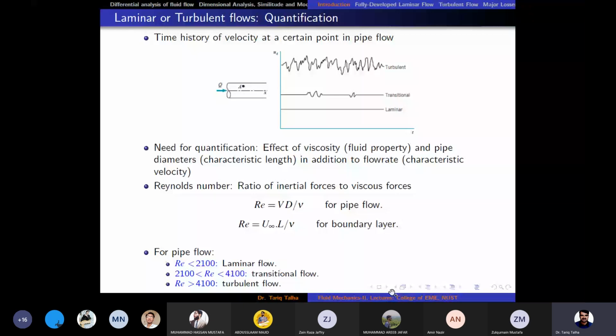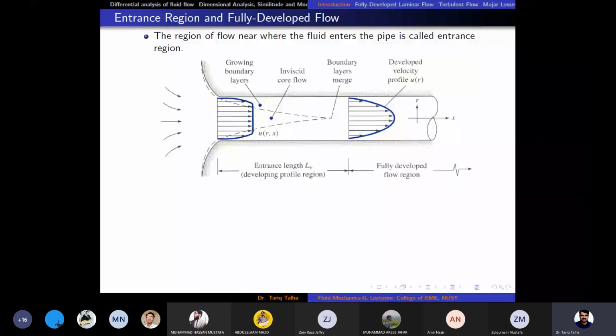Now, whenever there is a pipe flow, there would always be an entrance point to a pipe, right? It can be the water which is coming into the pipe from a big storage tank, or it can be flow through a driving force produced through operation of a pump. So in the beginning of the pipe, when the